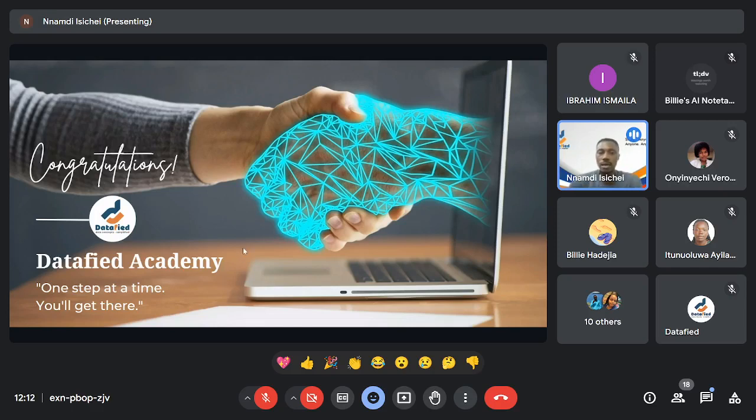So having said that, allow me to share my other screen that has the details of what you are expected to do, which is the assessment, right? So we want to test you on some of these skills or the tools that we mentioned in the post that went out when we put up the application for the scholarship.